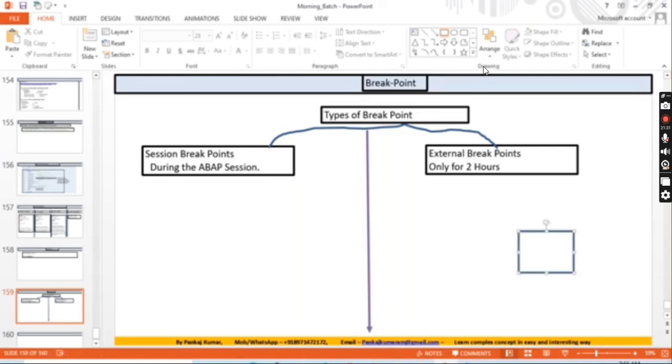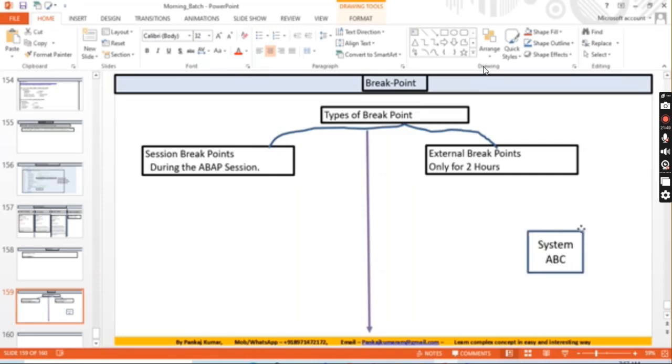Suppose you have application server 1, meaning a system with some system name. Let us suppose you have system ABC. Generally a system name will be 3 or 4 characters.